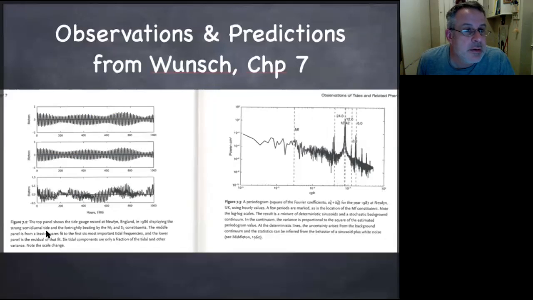More details there. So here are some observations, here are some predictions of the tides, and you can see that this incoherent part of the tide has to do with other things like changes in the winds, changes in the storm surge, and that kind of thing.